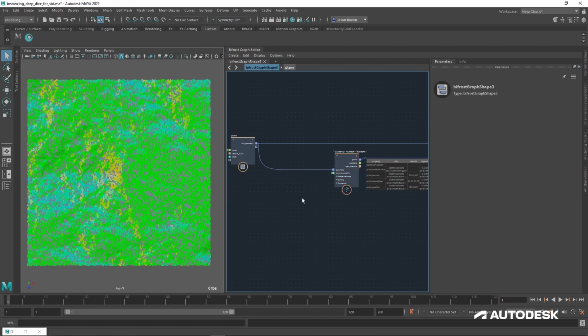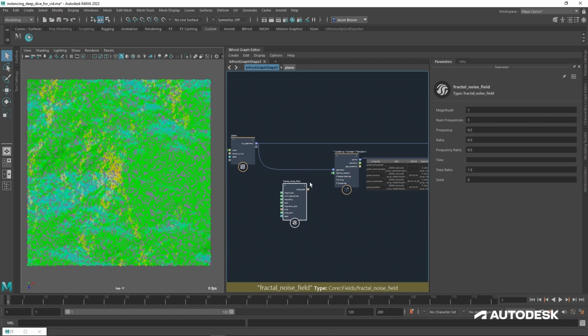Also, as of Bifrost 2.3, if you don't have it, please go download it now. It's awesome. You can plug a field into that, because the thing I haven't been telling you is density weight, it's going to take anything that will deliver it a float. And a scalar field, this doesn't work for vector fields, but a scalar field will deliver a whole bunch of floats. So if I plug in this fractal noise field, like so,